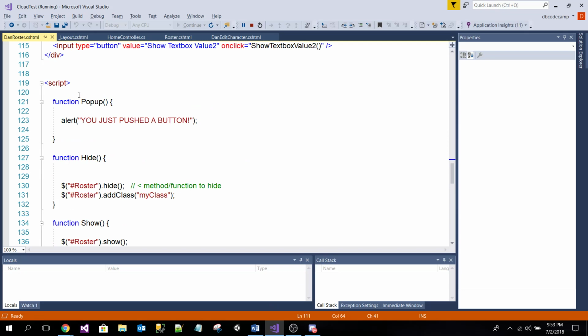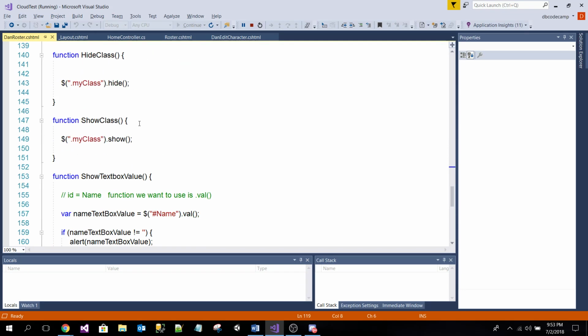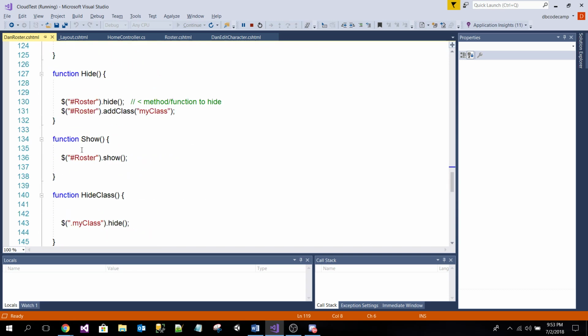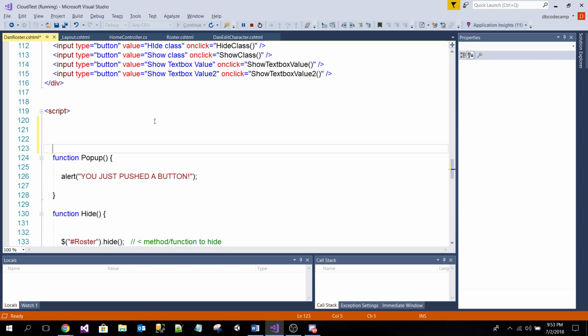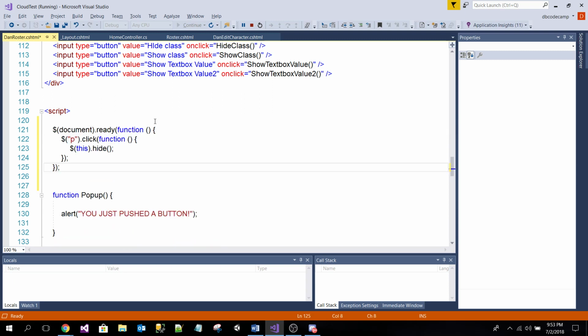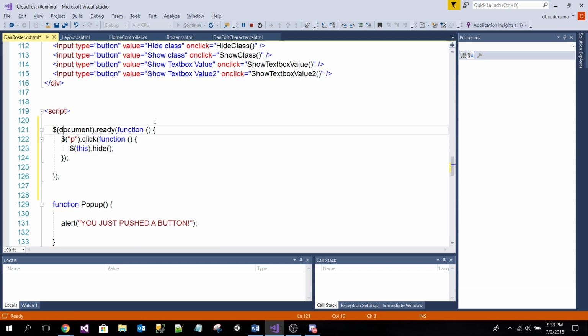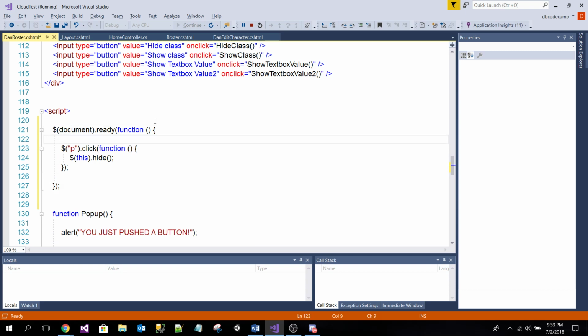Okay, and this is our script here, right? A script function. Let's just do it at the beginning here. Sure. This is your bread and butter with jQuery. You're going to need this pretty much every time you're messing around with things. And this is the first question they're going to ask you at an interview when dealing with jQuery. Hey, how do I make it so my jQuery registers or handles things when the page is fully loaded? Because